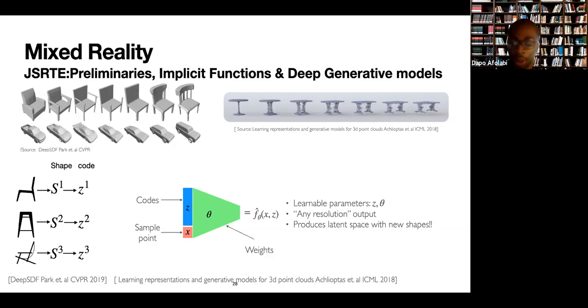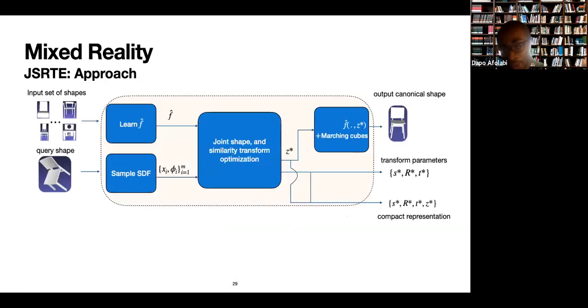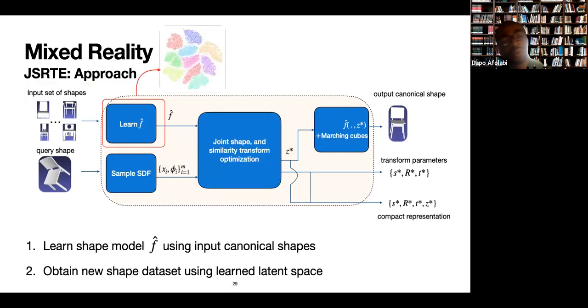Okay, so now that I've presented some of the preliminary work, I will talk about how this falls into the presentation here. Concretely, again, we're given this set of input shapes. What we want to do first is learn a generative model over the set of shapes. And like I mentioned before, this gives us two things. One, it gives us a way to search over this input set of shapes by providing a mapping between the set of shapes and a vector space. And also, it gives us more shapes than were initially provided, because this latent space has many more shapes